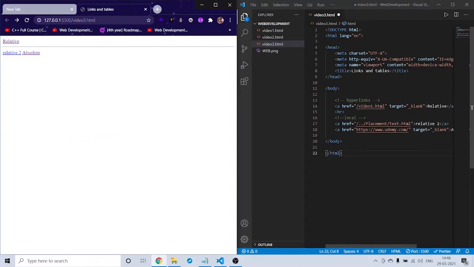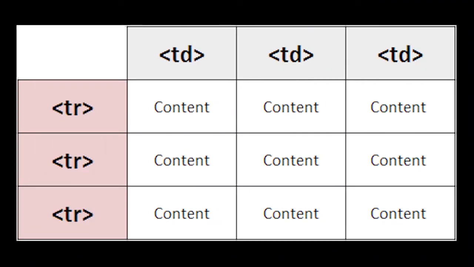Now let us talk about tables. Tables are also an important thing in HTML. If you see this, a table has rows and it has columns, and in those rows and columns we have data, which is called table data. So we need to first create a table, and in that we need to create table rows and table columns, and in that we need to give the data. In HTML we don't need to separately create columns, we just need to create rows, and in that we need to give the data.